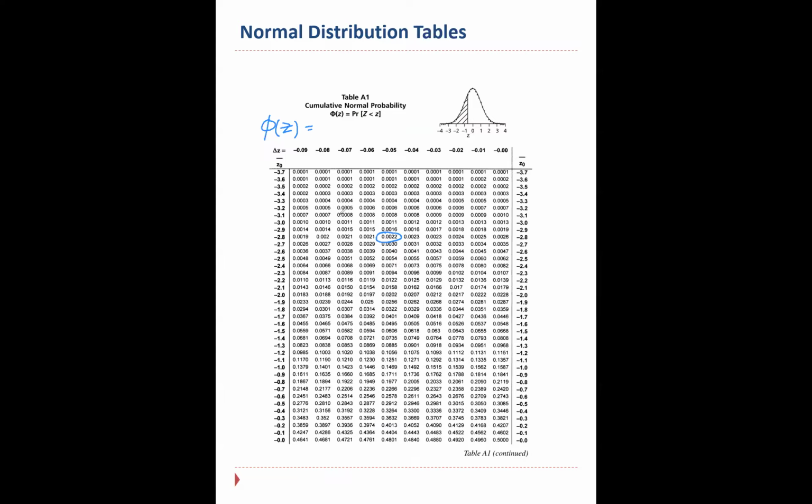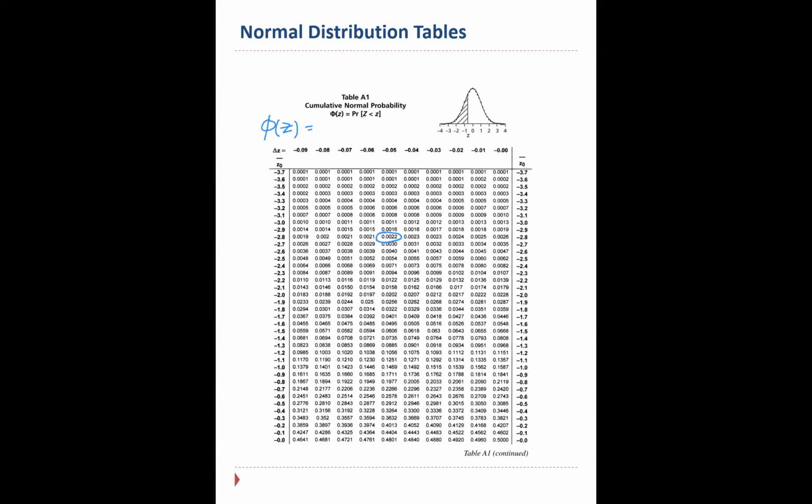So, given a z value, we will get the probability value. And likewise, if the probability is given, which means the area under the curve is given, then we can get the corresponding